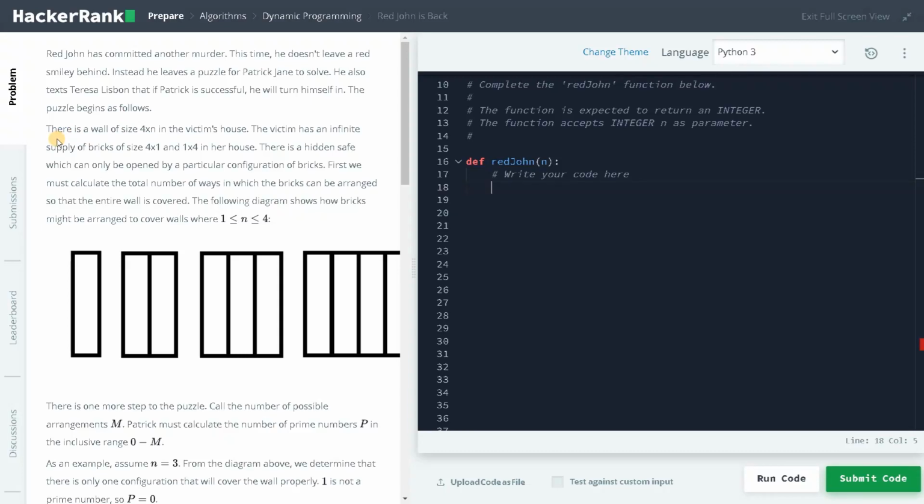Now let's read the problem more deeply. There is a wall of size 4 cross n in the victim's house. The victim has an infinite supply of bricks of size 4 cross 1 and 1 cross 4 in her house. You could place the bricks in either orientation, that is either vertical or horizontal. Now there is a hidden safe which can be opened by a particular configuration of bricks. First we must calculate the total number of ways in which the bricks can be arranged so that the entire wall is covered. The following diagram shows how bricks might be arranged to cover the wall,